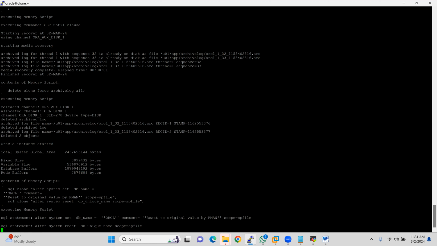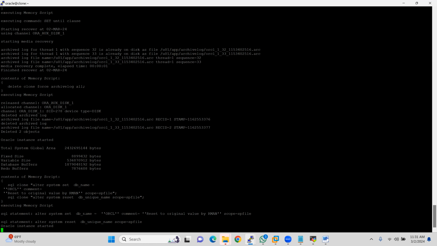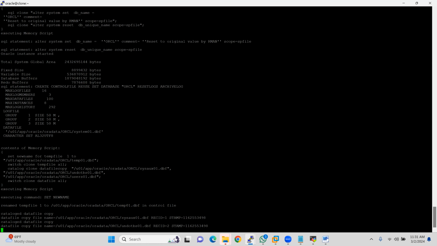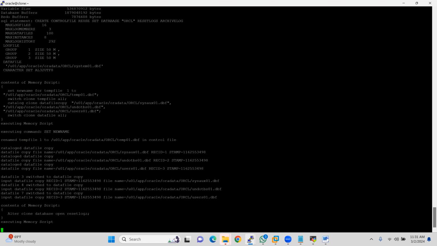Then you need to connect using RMAN with auxiliary. You need to give the primary database username and connection string, then use auxiliary, and then give the clone database username and connection string. Once you connect to the primary and the secondary as an auxiliary instance, then you need to run the command